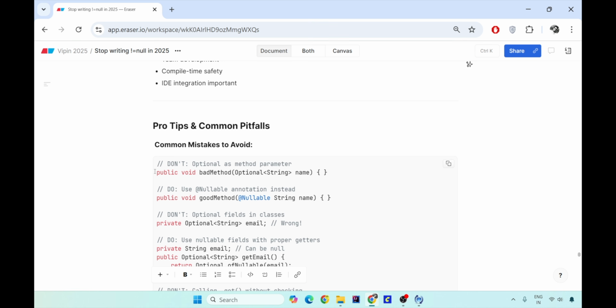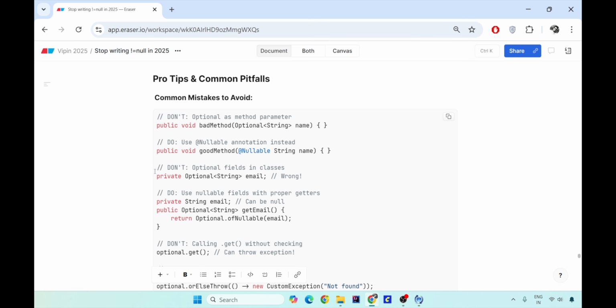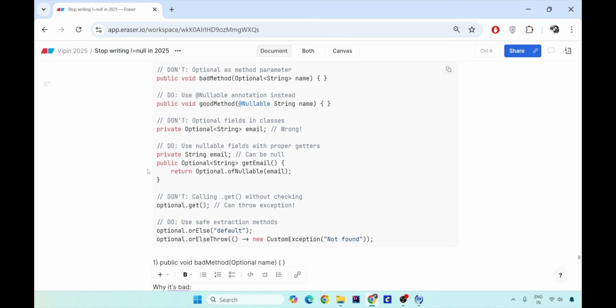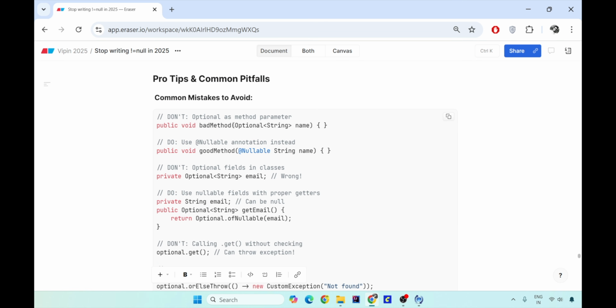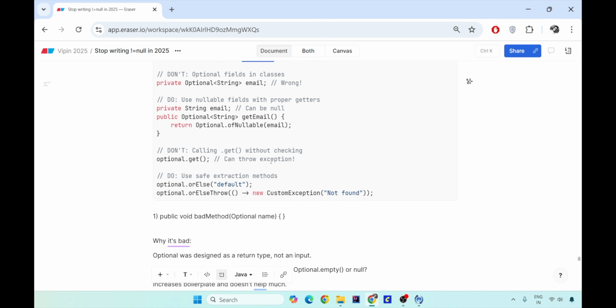Now, very common mistakes and pitfalls. The very first thing is using Optional as a method parameter. Now, you would say this is such a common practice. I might send you an Optional name, and you might internally check if the name is present and do something else. Don't do it. This is a very bad way of handling it. What you could rather have done is use the @Nullable annotation, and inside that check it after wrapping it up.